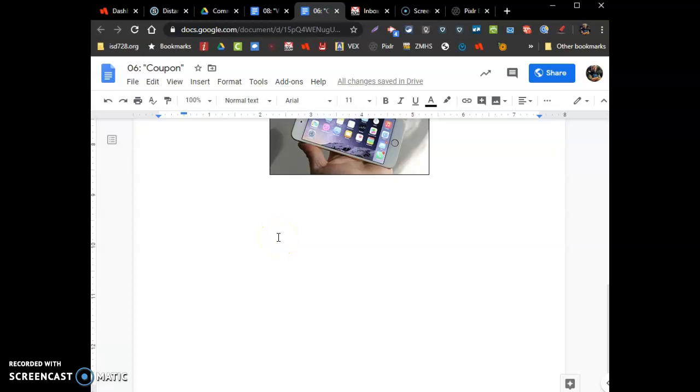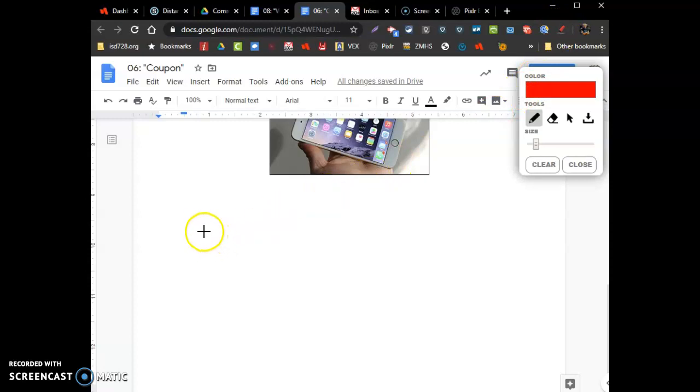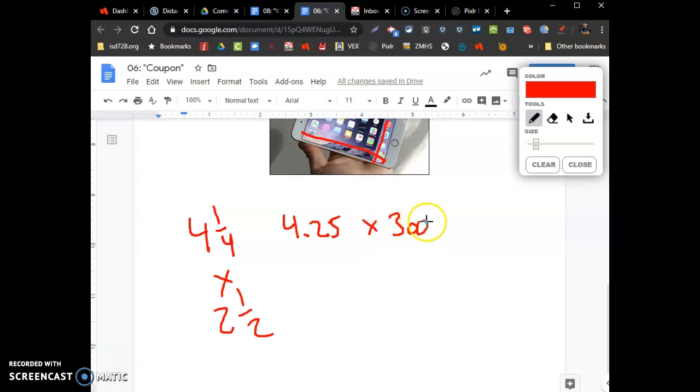So I found my phone. It's 4.25 inches tall by 2.5 inches wide. So if it's 4.25, it's 4.25 times 300. And then I have 2.5 times 300. And then if I do the math, 4.25 times 300,